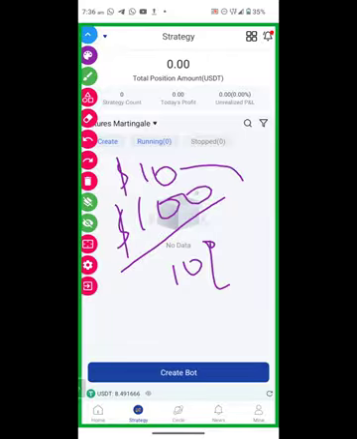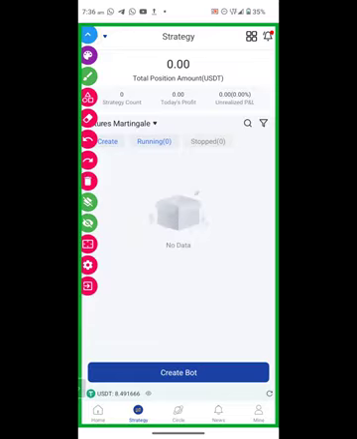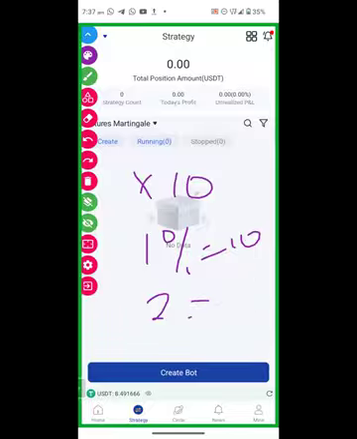Remember, because I took times 10, everything that will be happening is going to be times 10. So you realize that 1% will now become 10%. 2% will become 20%